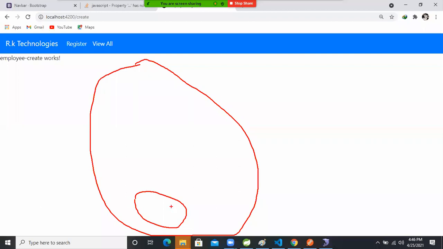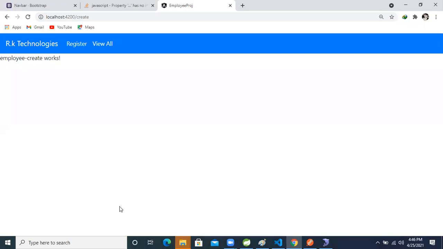So first we need to design one form, and then we will make the request. I'm going to use Bootstrap here, guys. See how I'm designing.